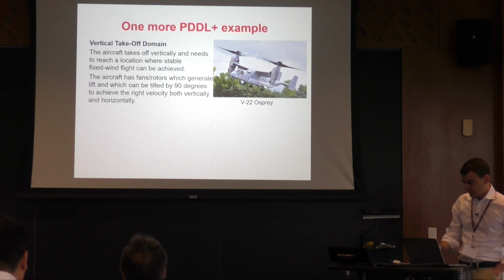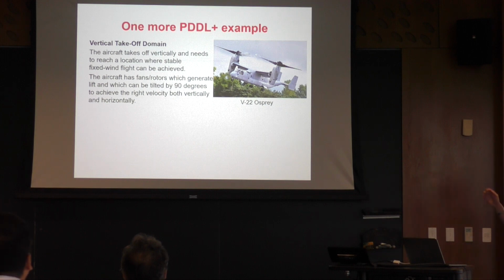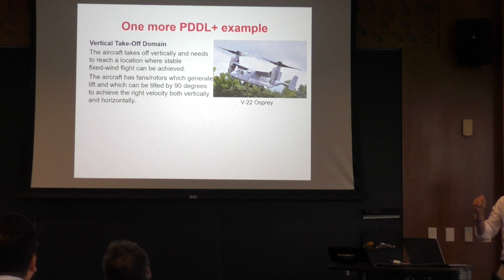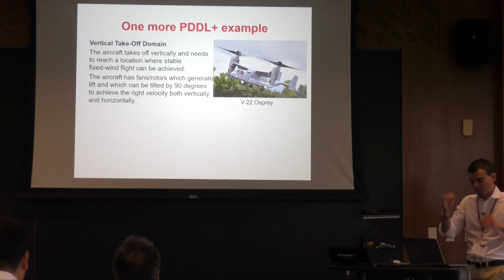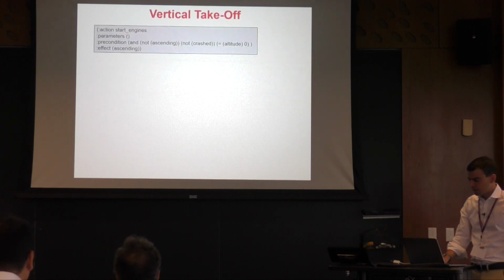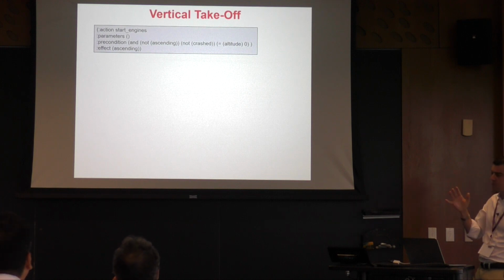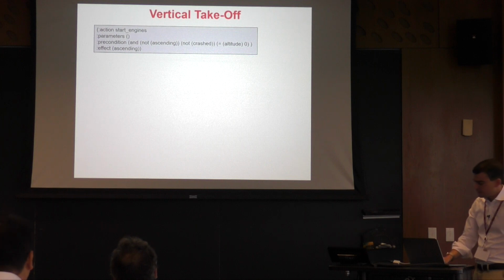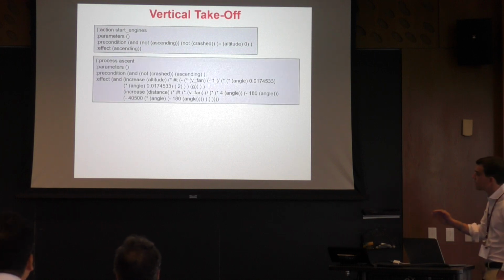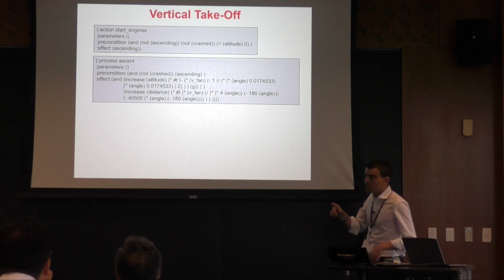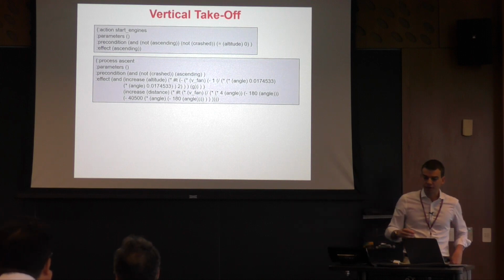One more example, which is very recent, but it's quite realistic. So the idea of using planning for the vertical takeoff of these aircraft. And the problem here is that you need to decide the position of the fans and rotors. So what you do here is that you have an action for starting the engine, and as before, you only have a very simple discrete change that in turn triggers this ascent process, right? Which is a continuous process modeling the continuous change of the position of the aircraft.